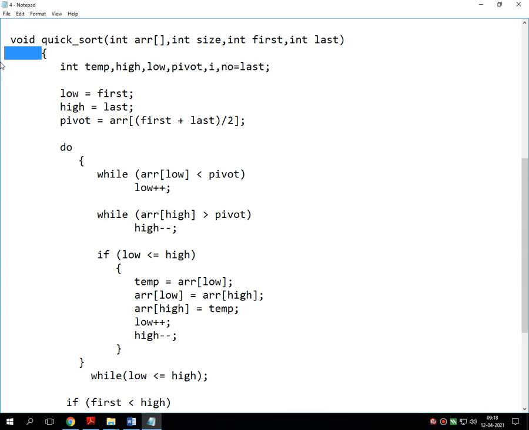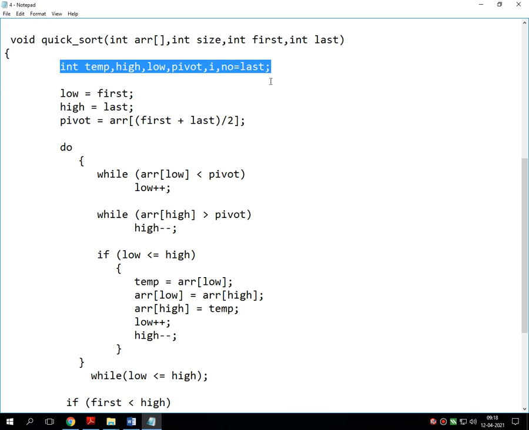Then in this bracket, few more local variables are there. That is temp for exchanging the values. High shows the highest value of the entire list. Low displays the lowest value of the entire list. Pivot is the central element. I is for the repetitions, and number is actually the last value.